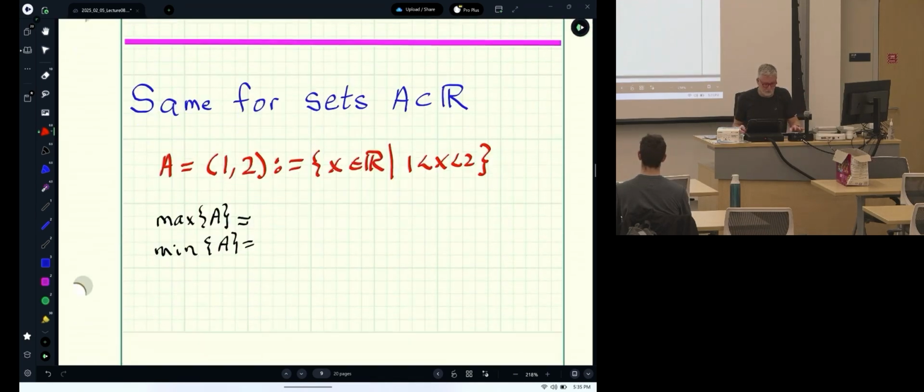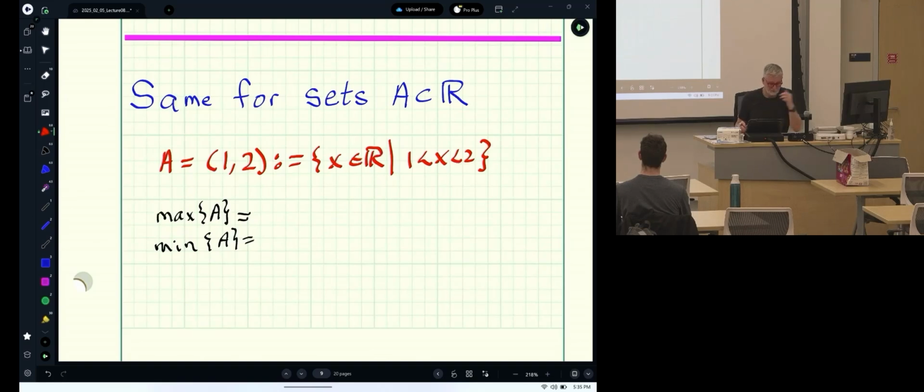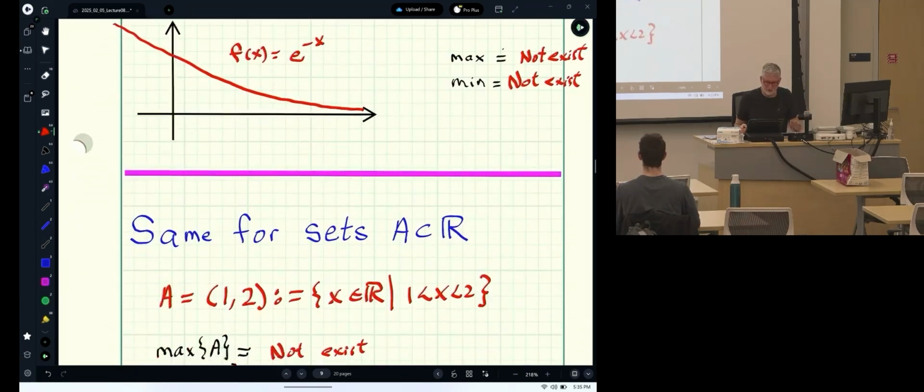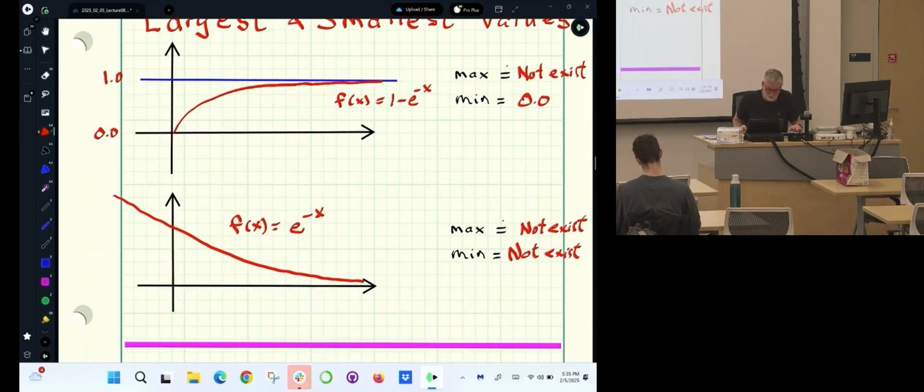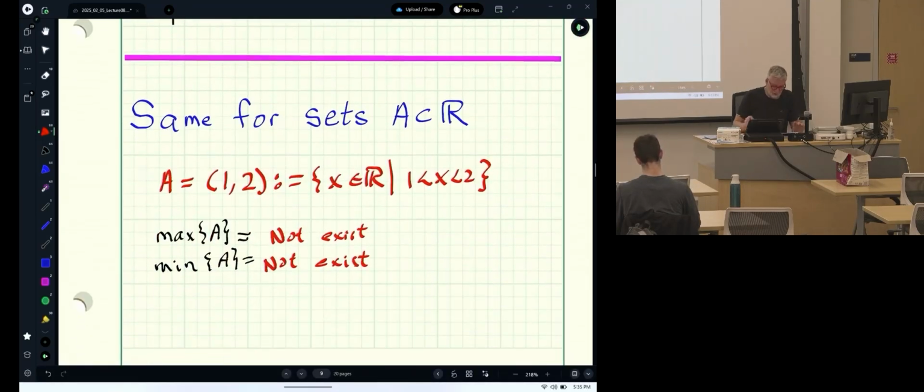So you can do the same thing for sets. Take this interval 1, 2. X is between 1 and 2. The biggest value of the set does not exist, a biggest number. And the smallest element of the set, it doesn't exist either. So that's very unsatisfying when the answer in 5 of the 6 cases is